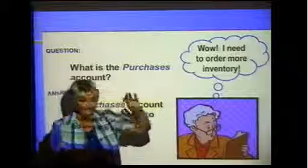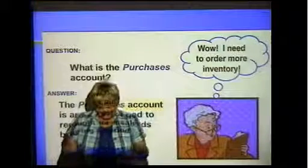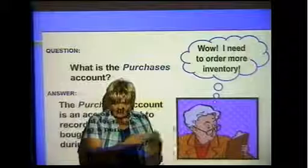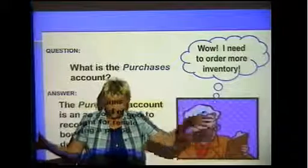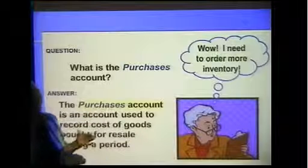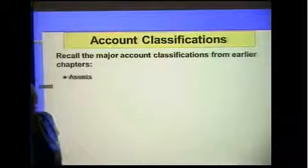Okay. But for right now, we start with our beginning inventory. Make sense? What's already out there. We're purchasing more things to sell, which things we purchase plus what's already out there gives us all the stuff we could have sold. Right? What we already had plus what we purchased. We can sell all that stuff. Alright. So we're just using the purchases account as sort of like a temporary account to keep up with what we're purchasing this month to resell. Alright. Our major account